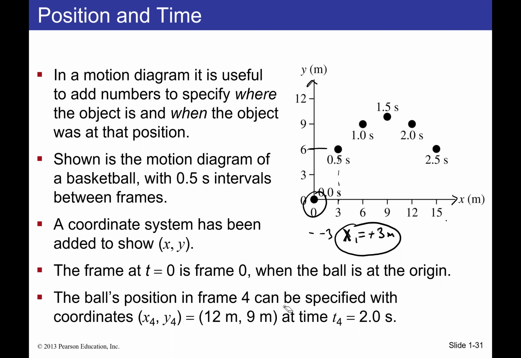All right, so then what we have, for example, here is the ball's position in frame 4, which can be specified with the coordinates x4, y4. If we measure, it's going to be 12 meters to the right and 9 meters up. That means the position of the object at t4 equals 2 seconds is right here. That's the position of interest. Okay. Now, what we want to do here is find out,